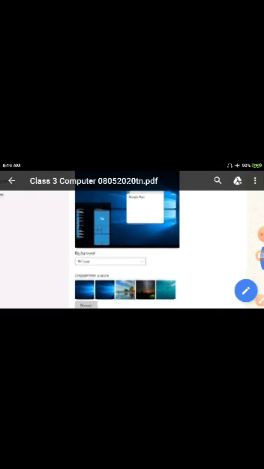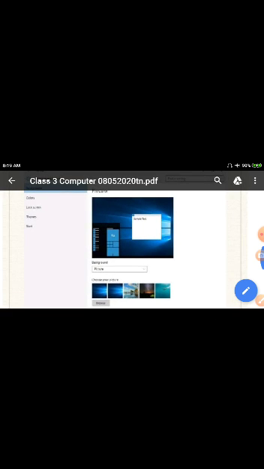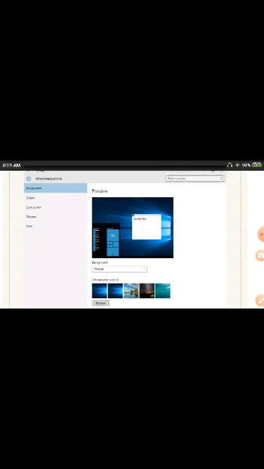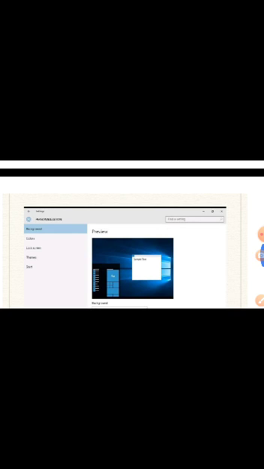These are the words which you should understand, so that when I explain the steps, you will be able to understand better. So the left part of this window is called the left pane, and the right part of it is called the right pane. So now let's continue with the steps.